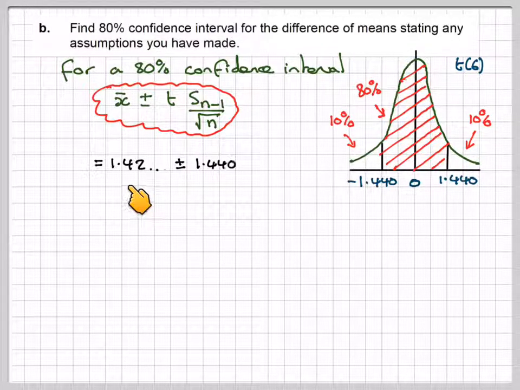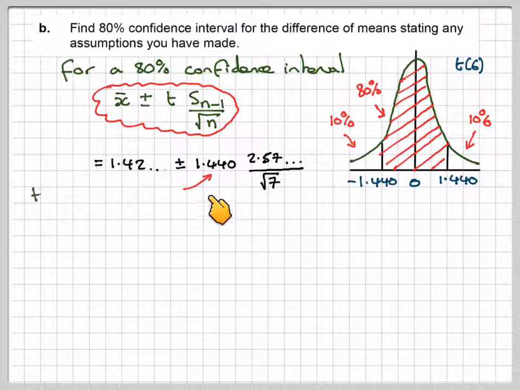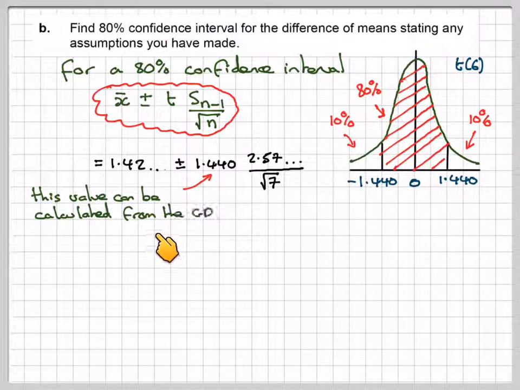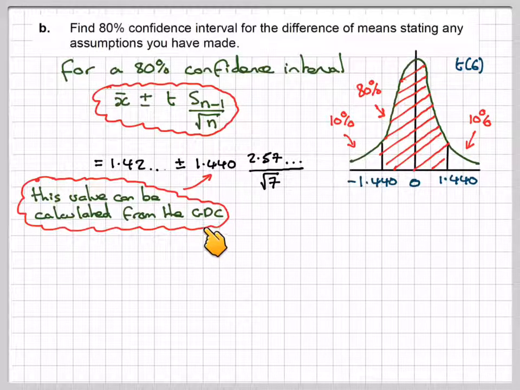So that's going to be 1.43 plus or minus. Now I've got this number here, 1.440. This value can be calculated from the GDC, and afterwards I will show you how to do that, times the unbiased estimate of the standard deviation divided by the square root of the sample size, which is 7. These can be worked out using the GDC. So going to the GDC,